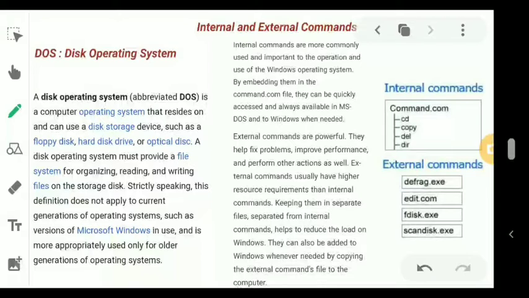Which means that the functions provided by the basic kernel of DOS can be used only by one program at a time. It offers a command line character user interface through which the user has to type the commands to execute them. So the DOS boots by loading its BIOS from the system file, that is io.sys,